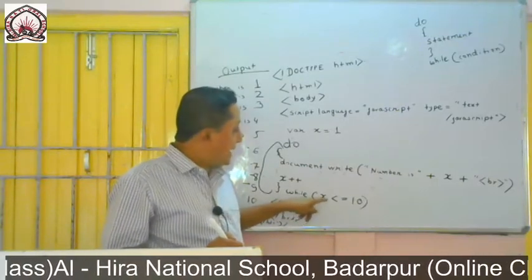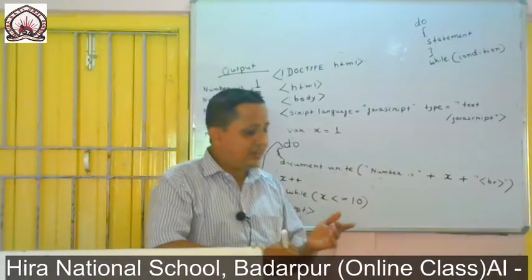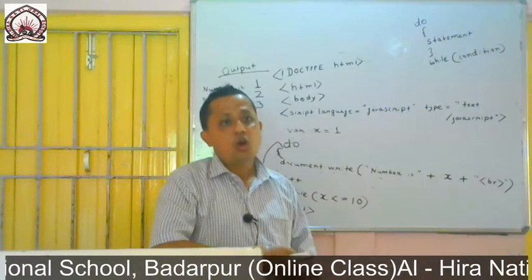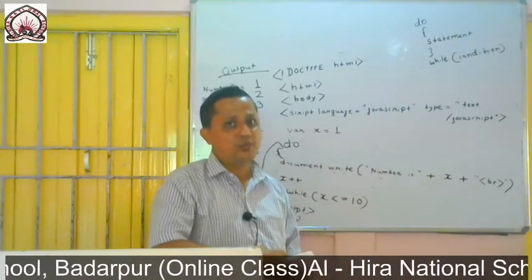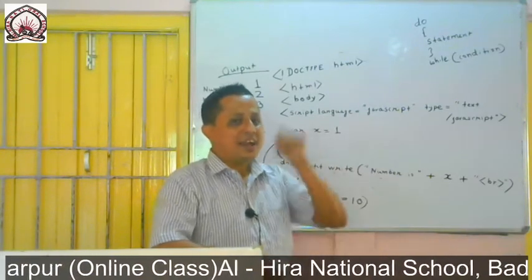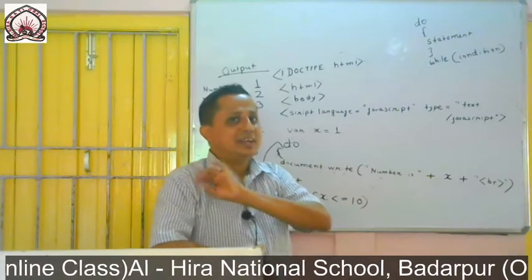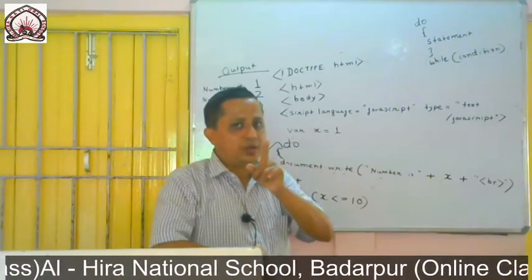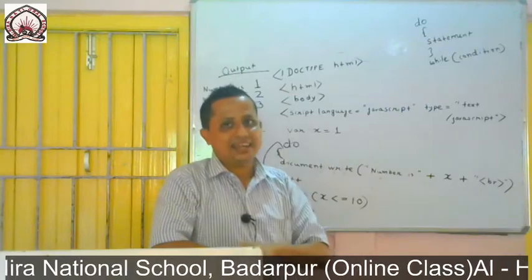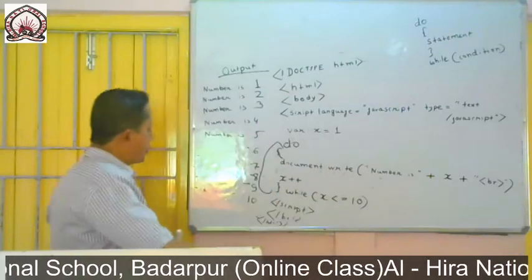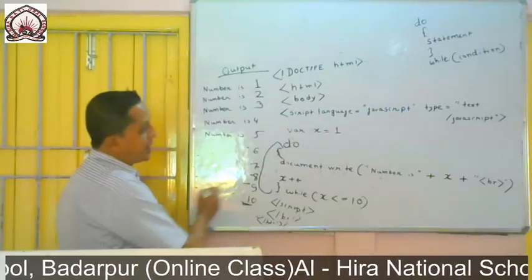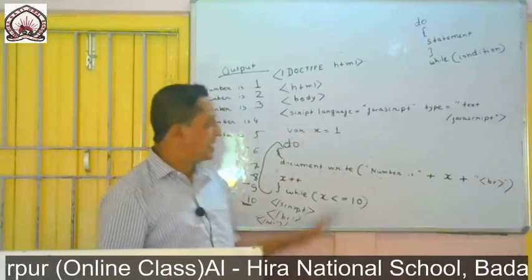Now it will come here. 11 less than equal to 10. Whether 11 is less than or equal to 10. So it is true or false? The condition is false here now. Now see the condition, because 11 is neither equal to 10 nor less than 10. So it will stop execution and our program will also stop here. Hope you have understood up to here.